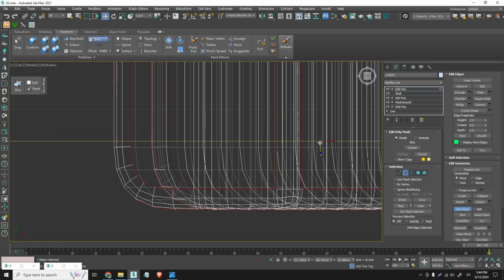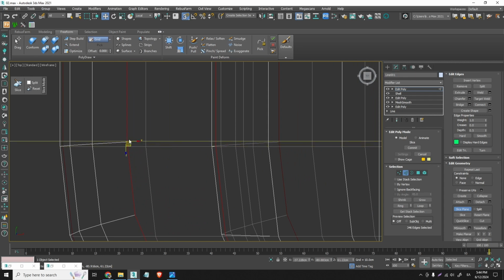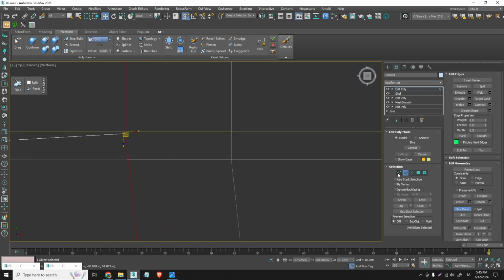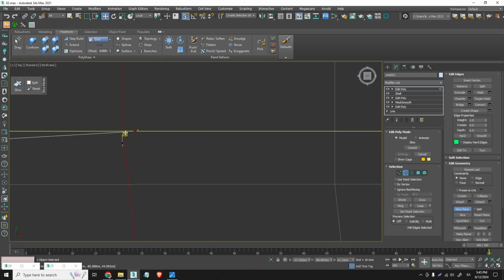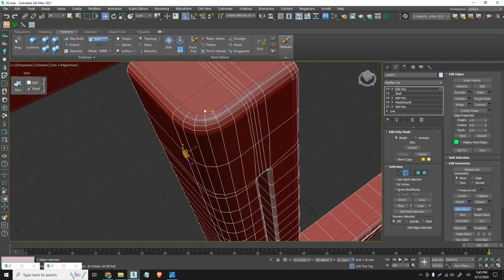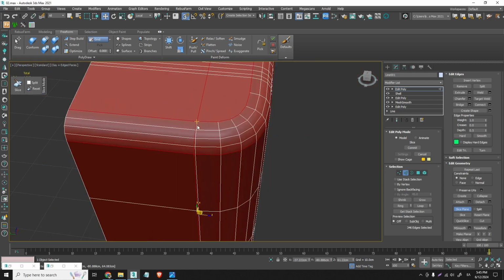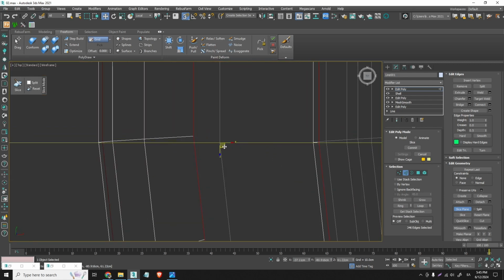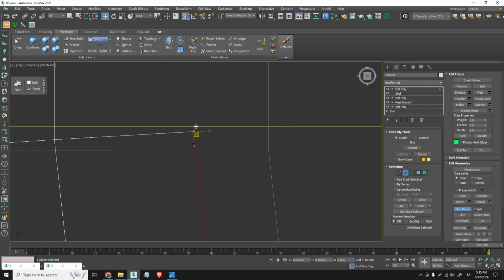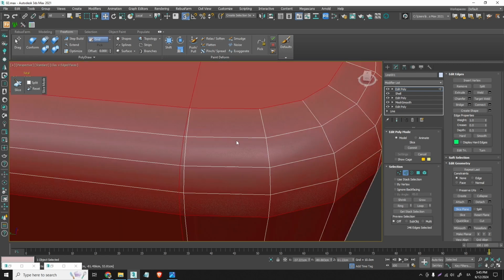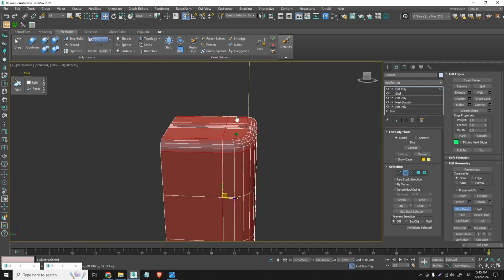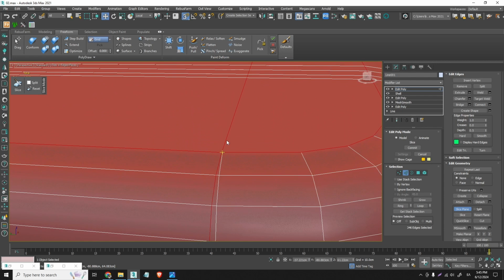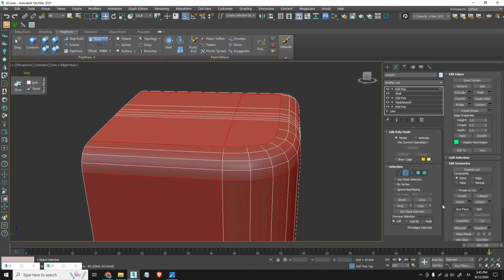And I will turn on the snap right here, pressing the S, and I will try to snap this right here, but looks like I can't for some reason, but that's okay, because what we will do is press slice,